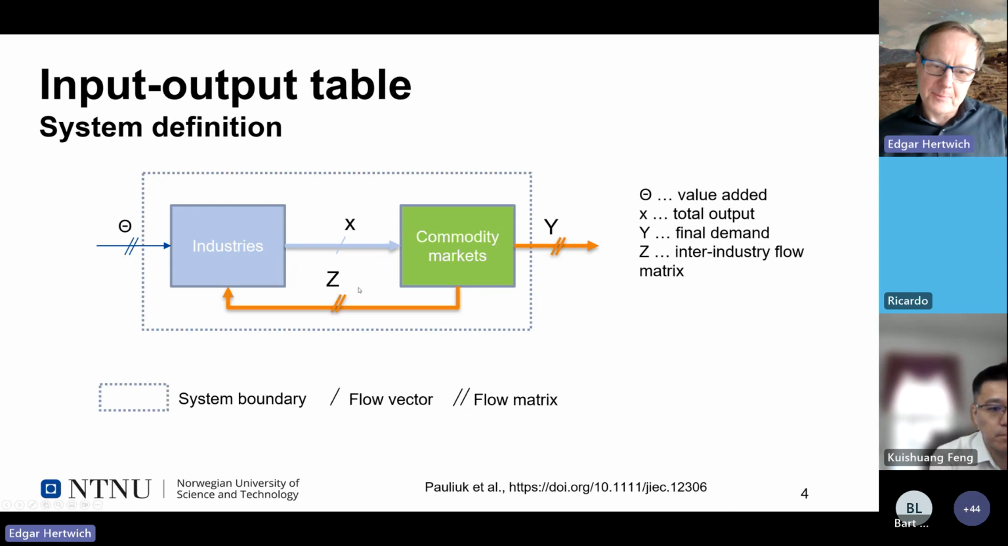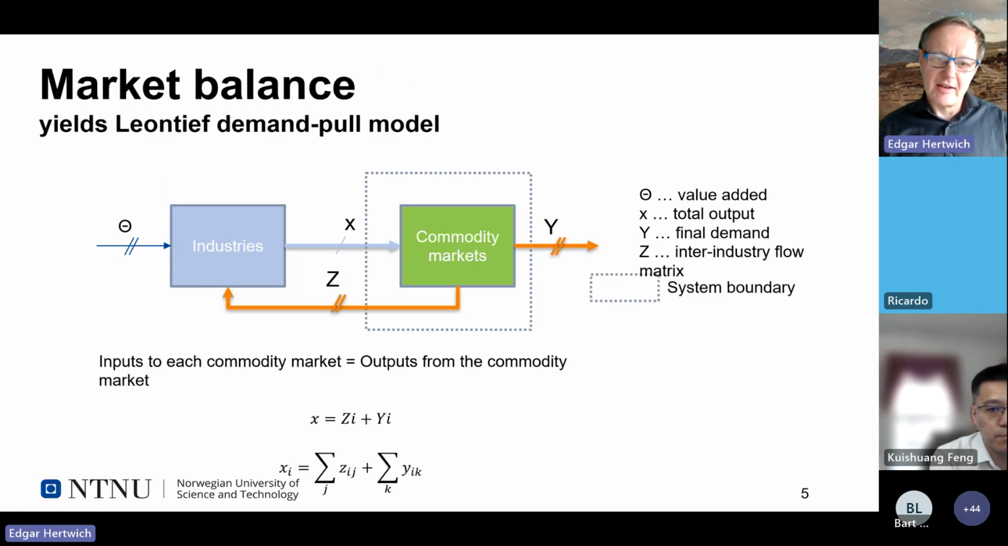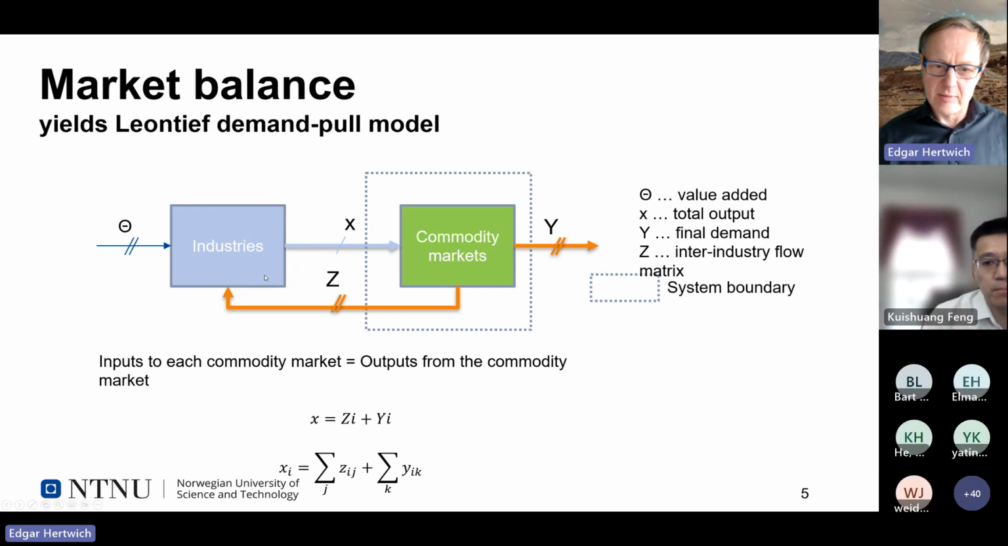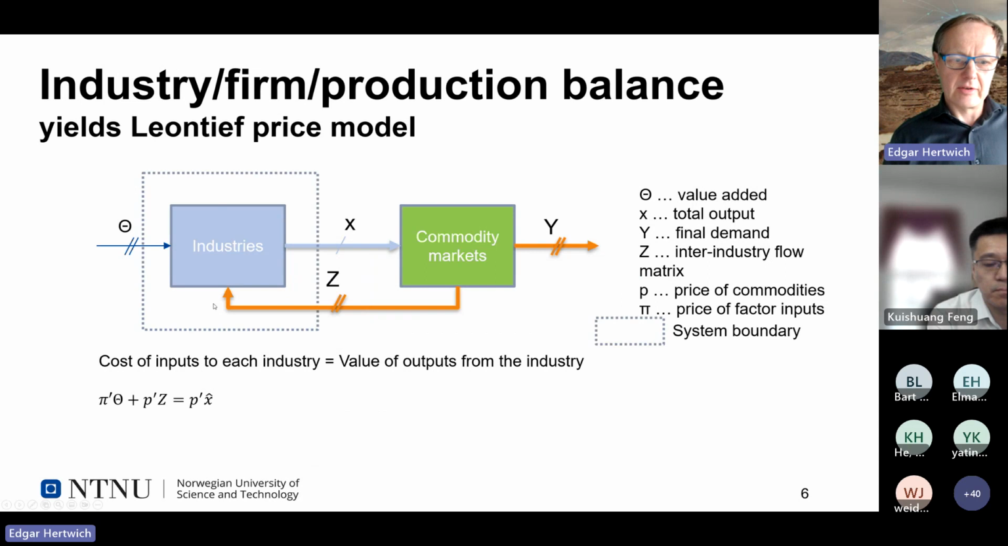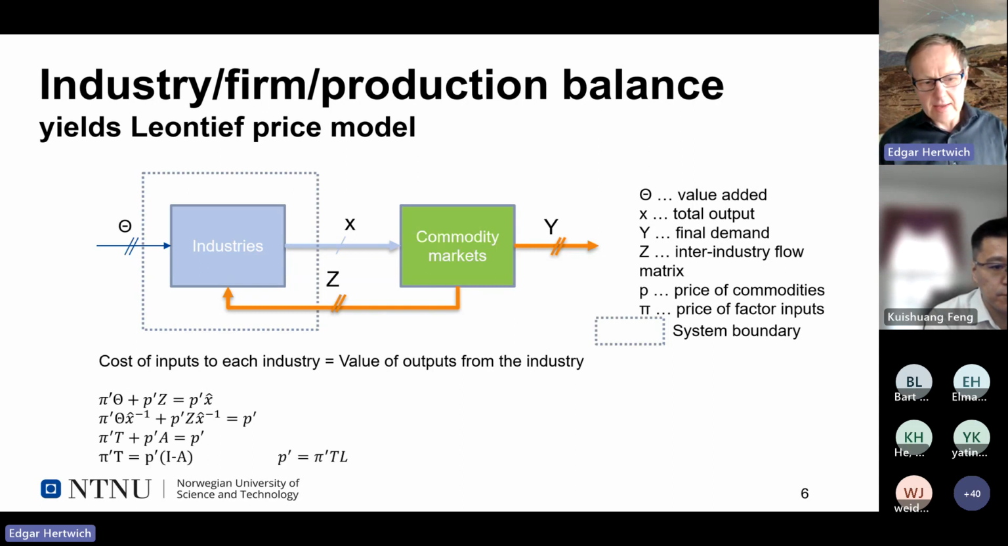I think this is important because if you isolate these 2 entities, industries and markets, you can make a balance around the commodity markets, and you get the market balance, and from that you can derive the normal Leontief demand pull equation. But you can also have a system boundary around the industries. And that's actually when you get these production recipes where we have the factor input and the commodity input to produce outputs. And we can derive the Leontief demand model here, where the prices are given, describing the prices as